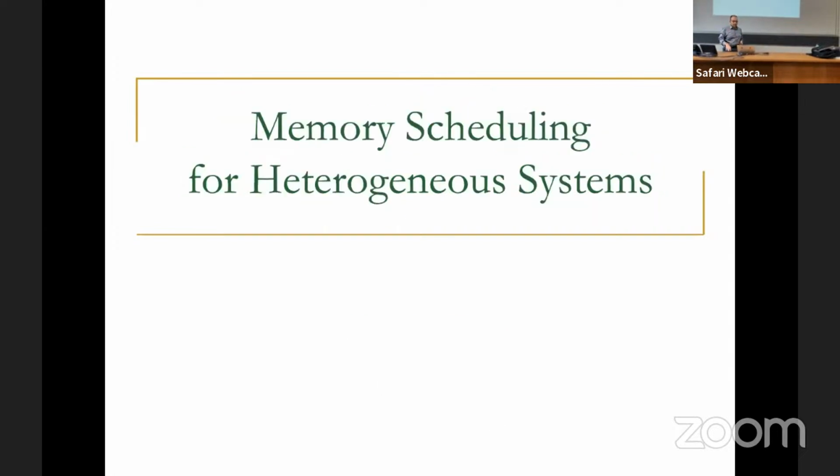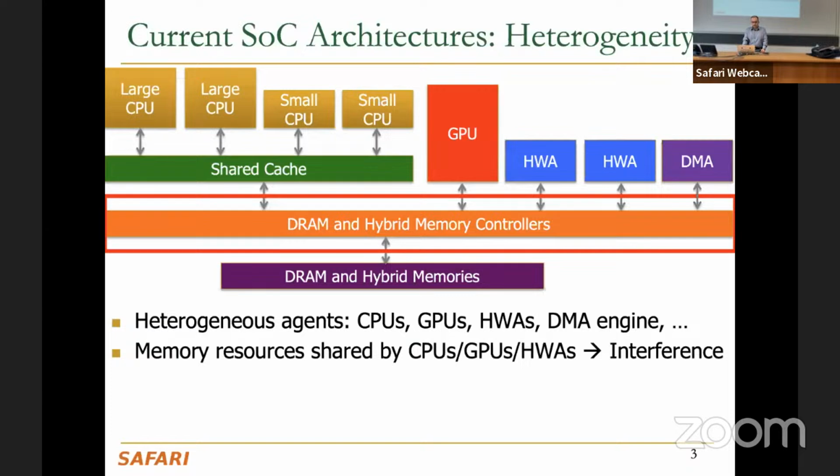Okay, great. So we were discussing memory scheduling for heterogeneous systems. And this was one of the systems that we were discussing, like the current system on chip architectures. They have quite a lot of heterogeneity. You can see that we can have different CPU cores, like large CPU cores, as well as small CPU cores, GPU, hardware accelerators, DMA. And essentially, the memory controllers here should be able to handle all these different devices with different characteristics. And applications that are running on all these different cores and different processing elements have